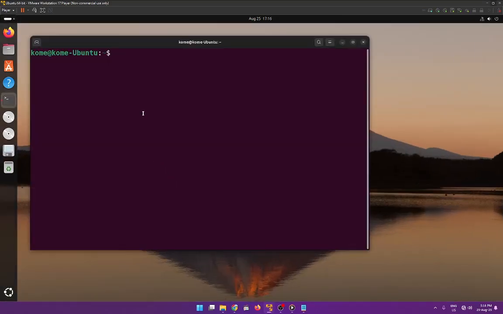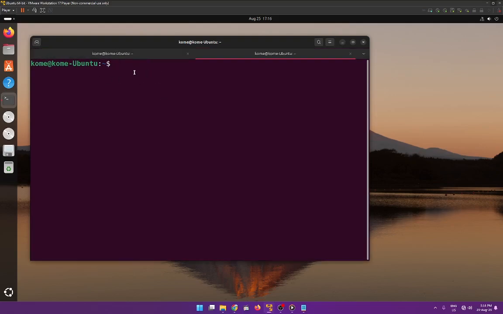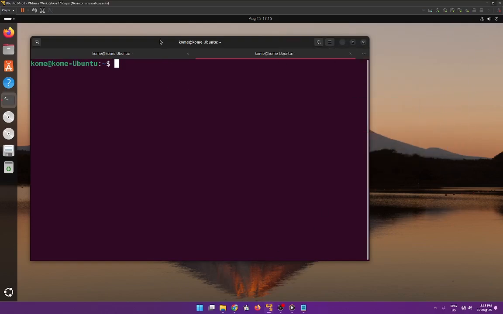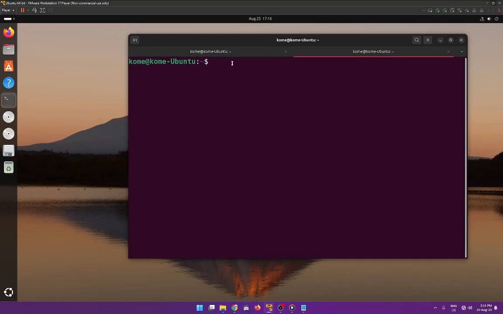So I'm here on my Ubuntu terminal, and the first thing is I want to start the MSF console because we are going to need it. I'm also going to run a port scan on the Metasploitable server, and you can see right here that the Metasploitable server is up and running. So what we are going to do now is I am going to run